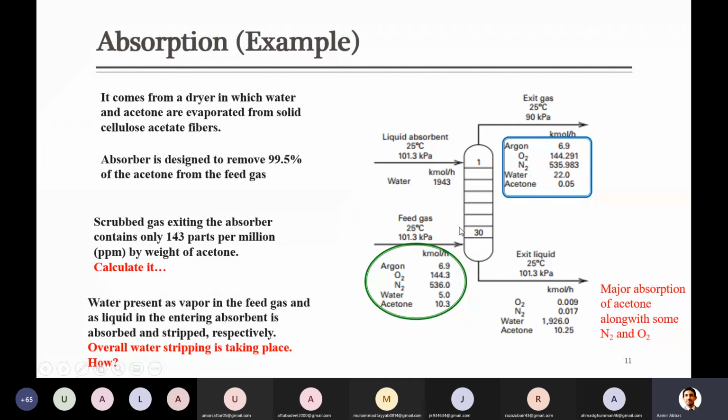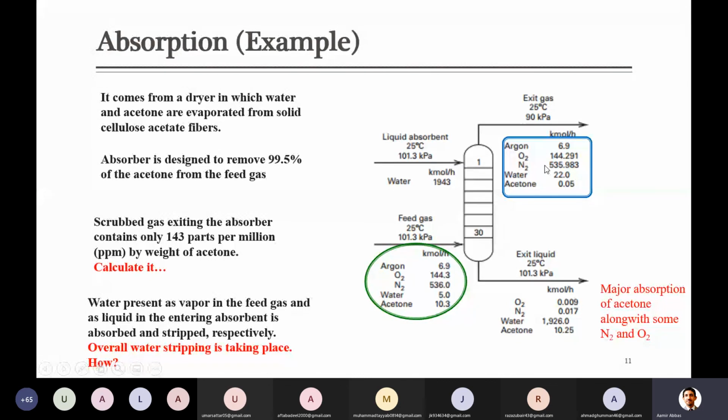By the way, why has water gone with this air? Can anyone tell me? Guys, do you know that air has the affinity to carry water molecules? Always, air in our surroundings contains water in sufficient amount. So here, when air was coming in contact, it was carrying some small amount of water, and if air at the given temperature and pressure can carry more water molecules, it will just take water from this stream and carry water molecules with it.